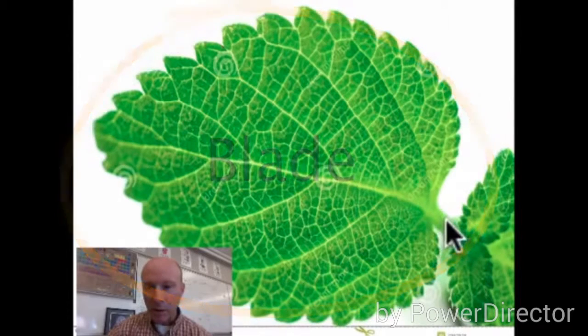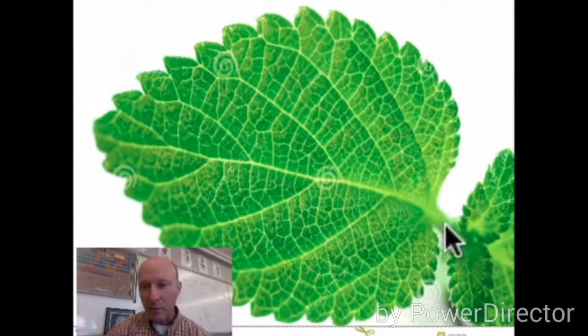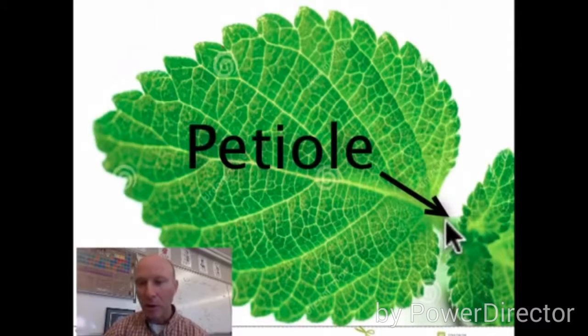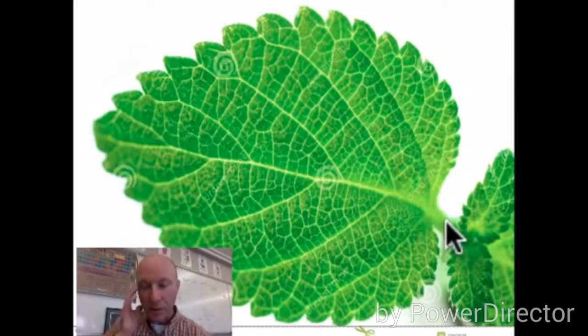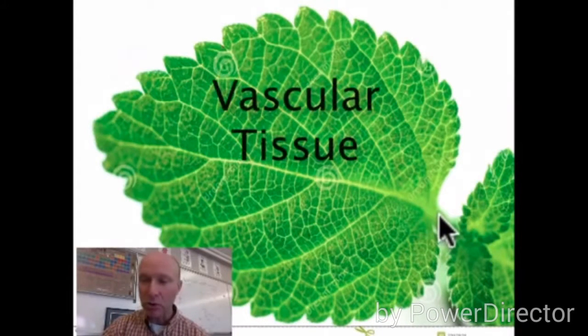If you follow me here, the leaf starts down here with a stalk, which is actually called a petiole. The petiole is what attaches the leaf to the stem of the plant. Inside the petiole is vascular tissue. These are tubes that are not unlike your own blood vessels. They carry, instead of blood, however, water, nutrients, and food that the plant makes to and from every cell of